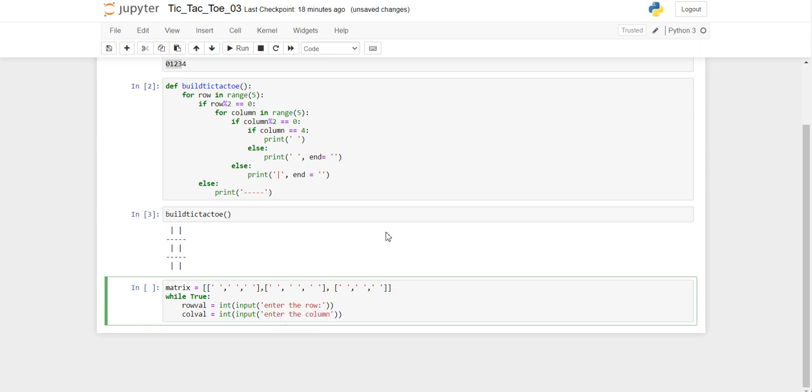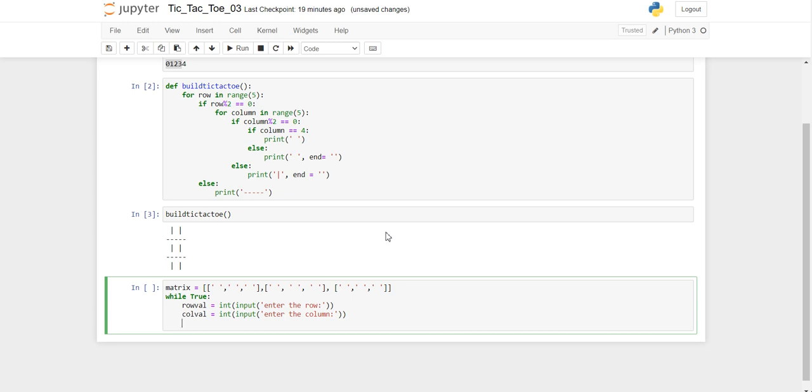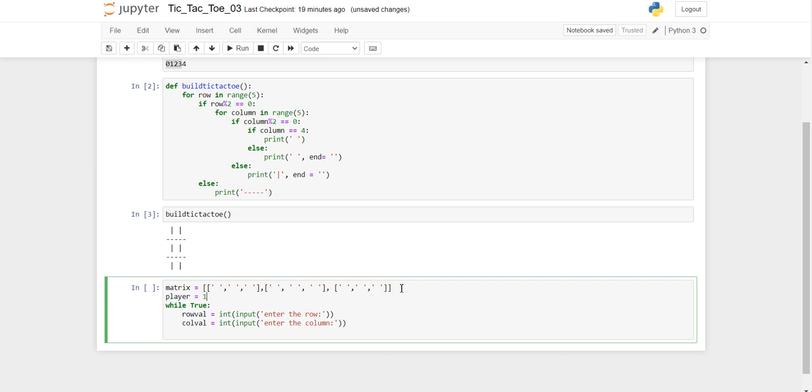Enter the column. Okay, now once we get that, we have to see which player is playing. Let's say we have 2 players and this is player 1. I'm printing here print player.